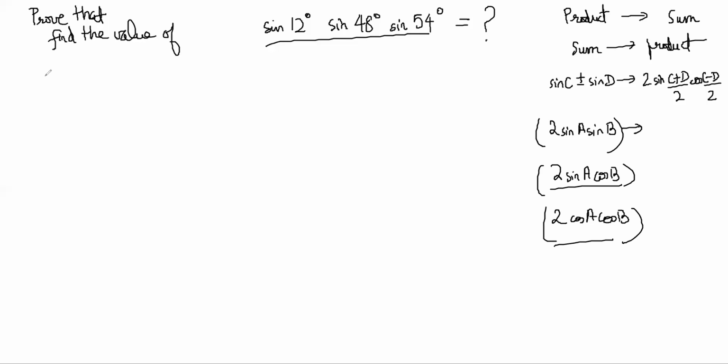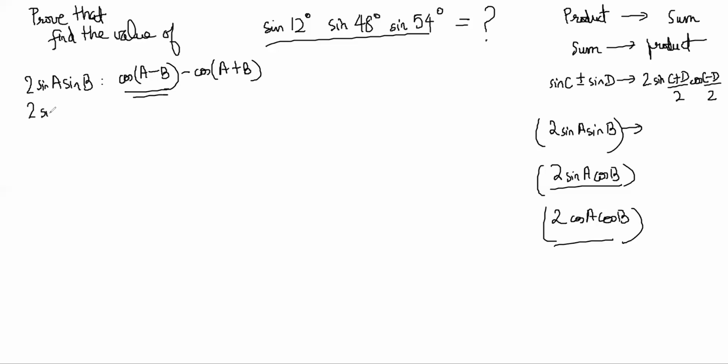It's obvious because you can think of 2 sin A sin B as coming from cos A minus B minus cos A plus B, right? If you just do the expansion, this has cos A cos B plus sin A sin B, and the other one has cos A cos B minus sin A sin B. So when you subtract it, it becomes a plus sin A sin B, right? So it is an obvious formula.